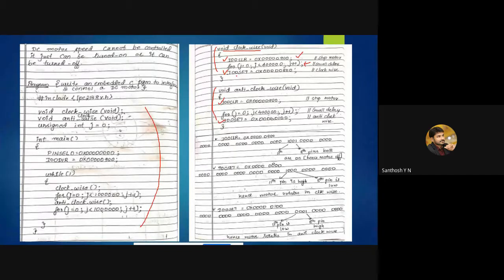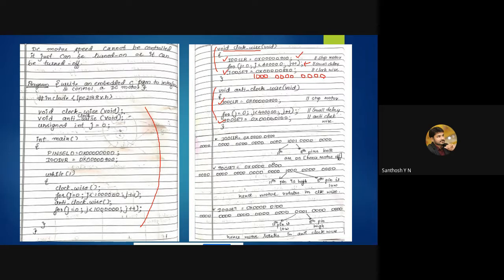And again, you are setting by passing 800 to IO0SET. 800 means again 1 0 0 0 0 0 0 0 1 0 0 0 0.